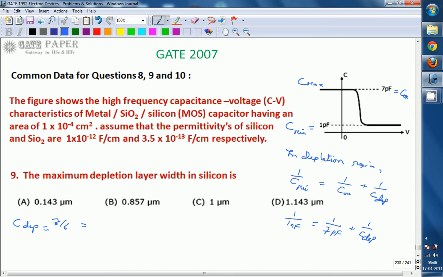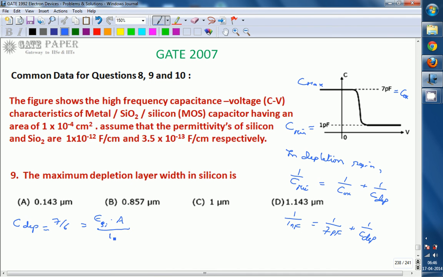C depletion, the depletion mode capacitance, can be calculated as epsilon A by D. Epsilon is the epsilon of silicon. Now you have to consider it is not silicon dioxide, because the depletion region is present in silicon, that is the substrate. The depletion region is present in the p-type substrate, so we must consider silicon. Previously, for COX, the oxide thickness, we used the epsilon of silicon dioxide. But now C depletion is epsilon of silicon, since the depletion region is present in the substrate, times area divided by